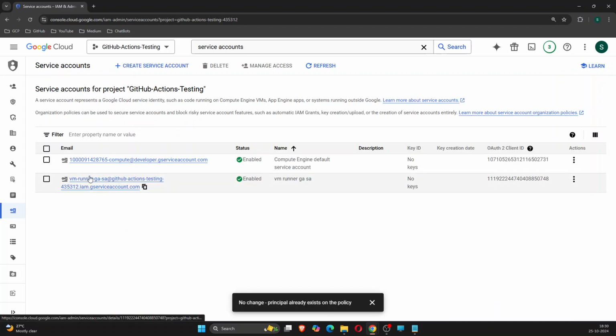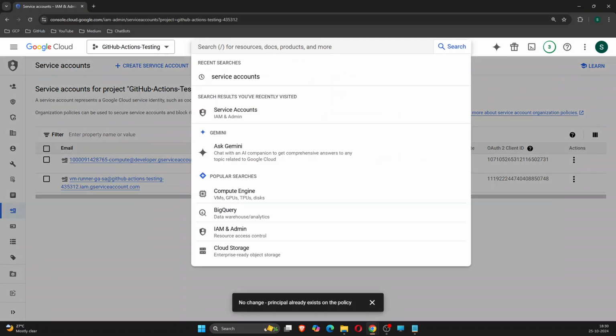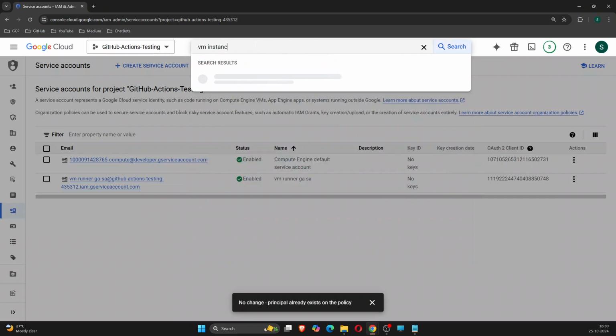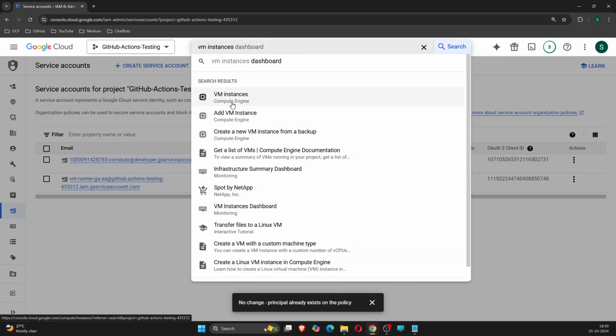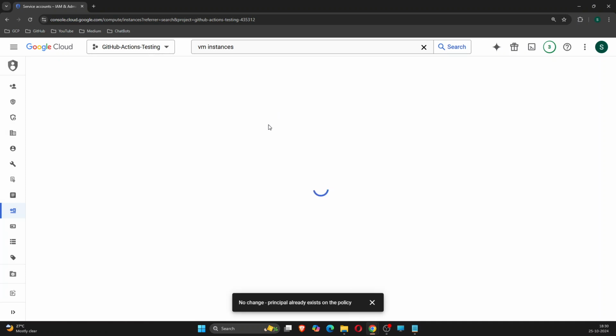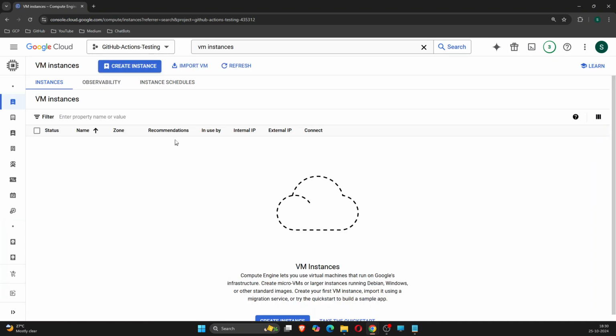So once the service account is created, my next step will be to create a VM instance. So again, I will go to the search bar and type VM instances and click on the first option that is showing up. Here you have to create an instance. If you don't have an instance already, you have to create one first. So click on the create instance button,